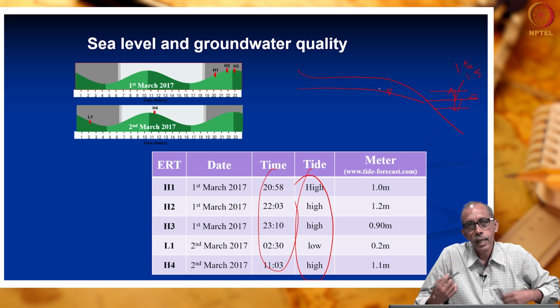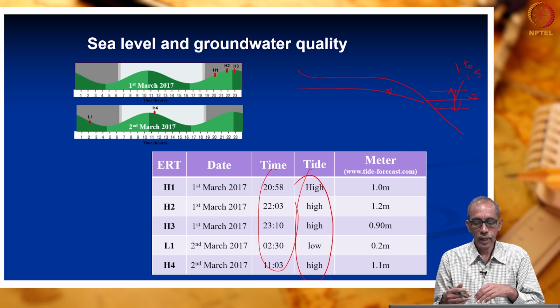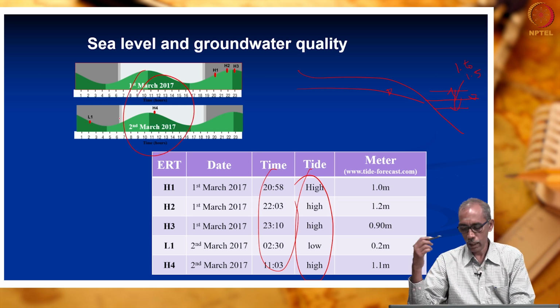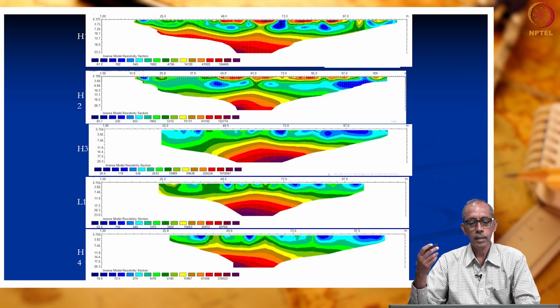We wanted to see the effect of the tidal fluctuations on the adjacent groundwater table. So, we conducted a resistivity tomographic survey at a site at different times, right. This is the tidal level fluctuation. This was also quite an old study conducted by one of our postgraduate students. So, here is the variation, right.